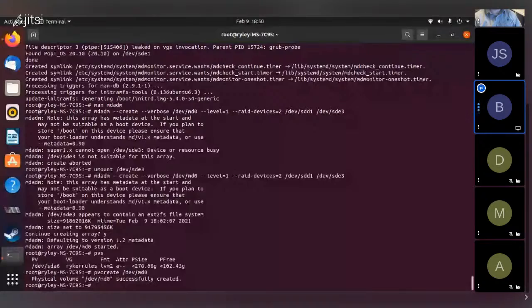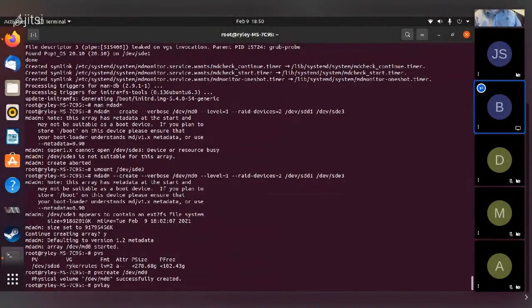So now we have a situation where I don't have logical volumes yet, but I have two LVM volumes. One of them is mirrored, and the other one is not. So we would have to keep that in mind and say, "Man, I better go back and make that other volume mirrored," or just keep it in mind so I don't put any super important data on the old physical volume. So if I do a PV display,